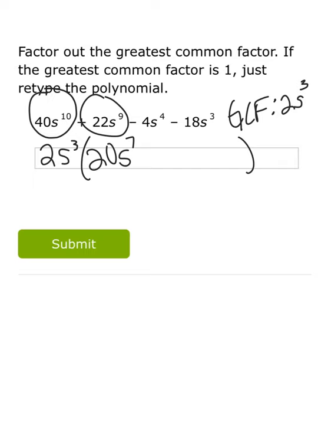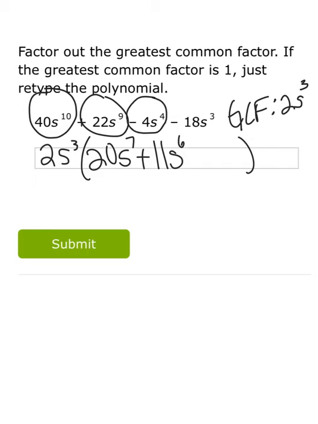22s to the 9th divided by 2s to the 3rd. Well, 22 divided by 2 is 11, and s to the 9th divided by s to the 3rd would be s to the 6th. Okay, you have 9 and you're pulling 3 out, so you'd be left with 6. Next term,